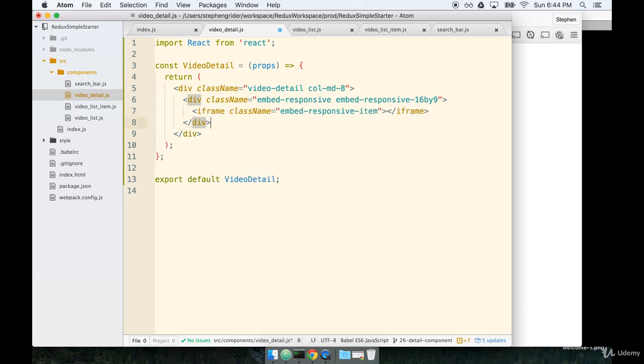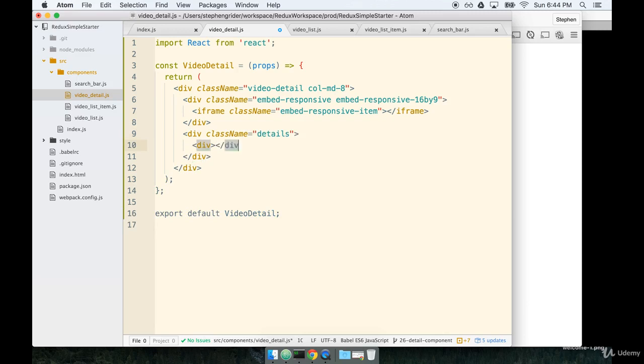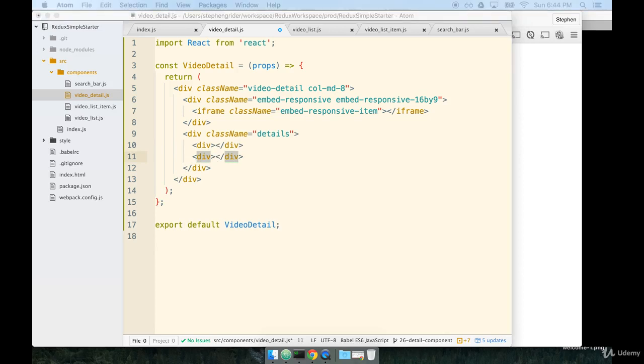So that's an iframe. And then as a child to this div, so not inside of the embed-responsive, we'll do a separate div with className details. And then inside of this div, we'll have, for right now, just two empty divs. One will be for the title and one will be for the description. Okay, so with all this markup in place,